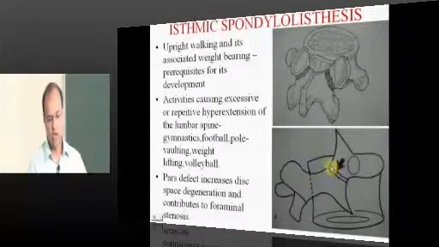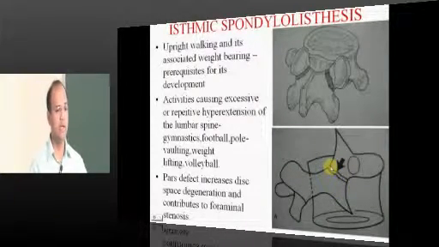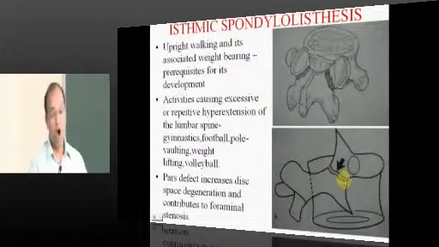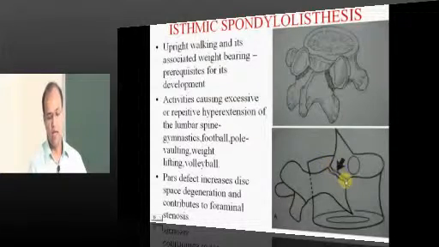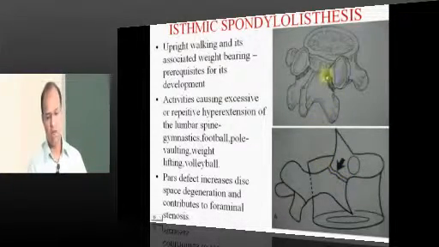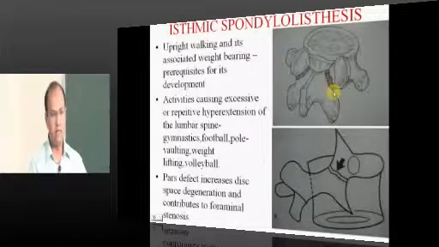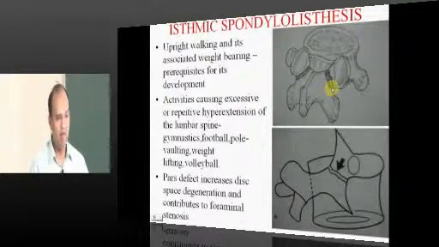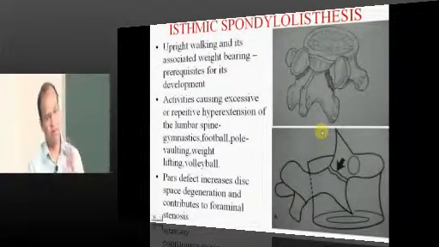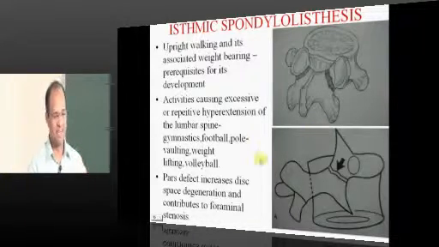The Scottie dog sign, if you can see it in an oblique view, where will you see it? The Scottie dog sign is seen in the oblique view, where the lytic lesion or a pars fracture can be clearly seen, right, in the oblique view. That much you can remember, and it is more than sufficient for your purpose.